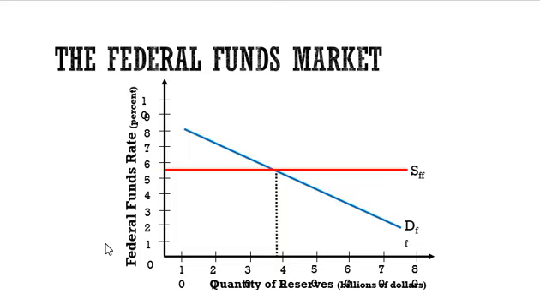If the federal funds rate is high, we don't want to borrow that money. Just think of it in your own terms. If the interest rate's high, are we going to buy that car? Probably not. But if the interest rate's low, then yeah, we can borrow that money. So the demand for federal funds is a downward sloping curve. Where those two curves intersect is going to give us the federal funds rate. In this case, we're going to say it's probably 5.5%.